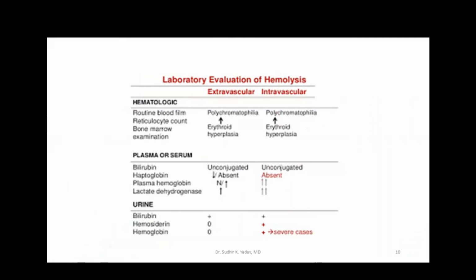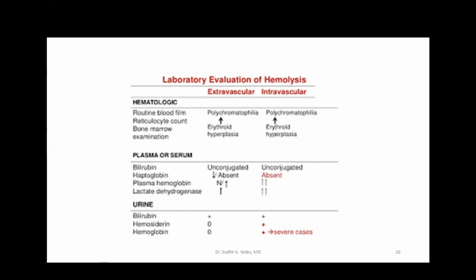It is visible. So hematological features, in blood film there will be polychromasia because of reticulocytes. Total reticulocyte count will be high in both. The features in the upper part of the diagram. Bone marrow, there will be erythroid hyperplasia or not? Because there is compensation to the hemolysis, no? So there will be erythroid hyperplasia.